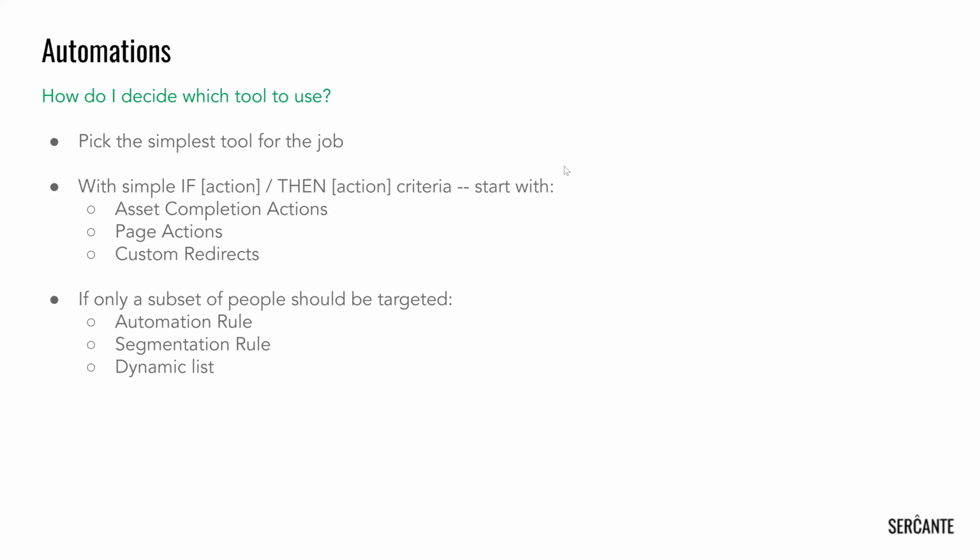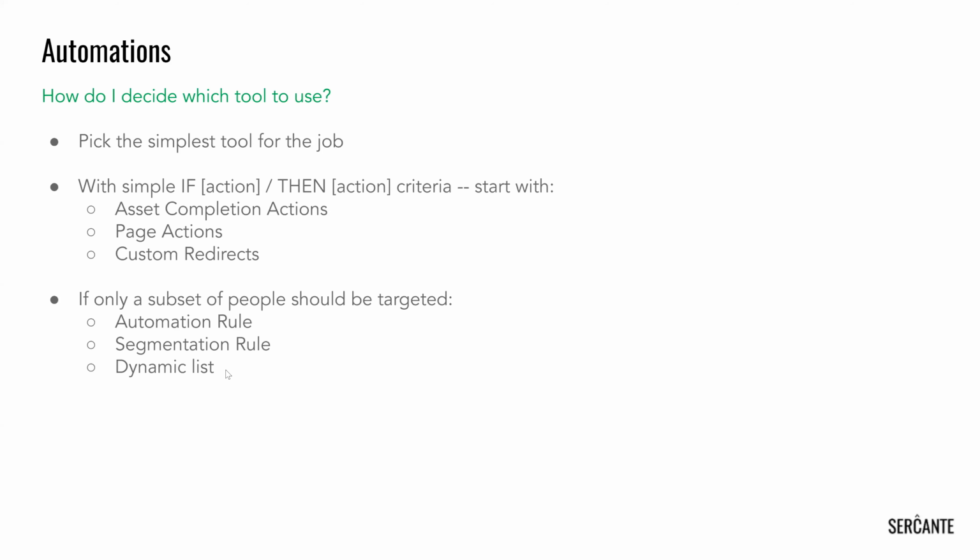Things with simple if-then criteria are a fit for completion actions. Like, 100% of people who fill out this form need this action taken. Completion actions will do that very well. Same with page actions and custom redirects. It's very clean: if this one thing is true, then do this other thing. If you start getting into, if somebody does this and this and this and that, then we do this, then you need to level up and go to automation rules, segmentation rules,